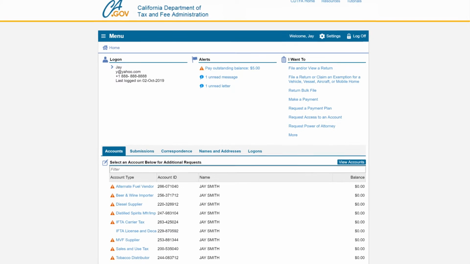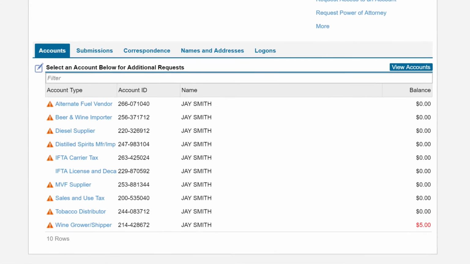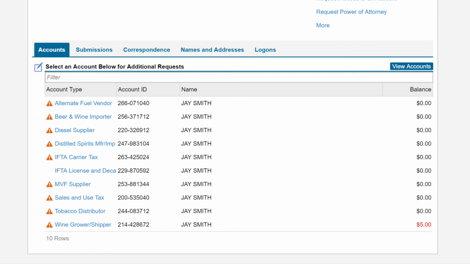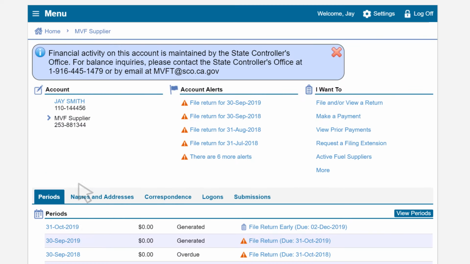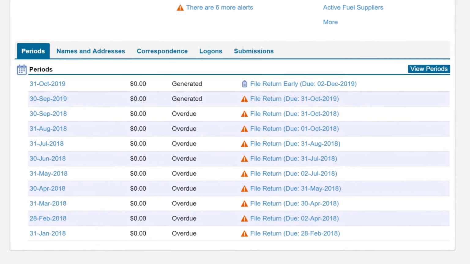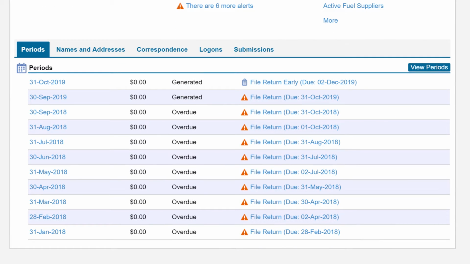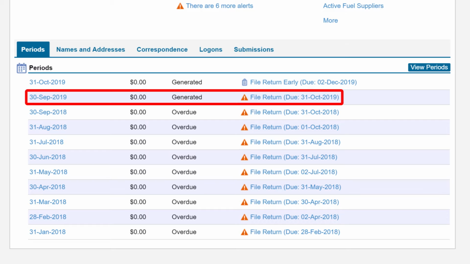On the Online Services Profile page, under the Accounts tab, we will click on the MVF supplier hyperlink next to the account number for which you want to file a return. This will take us to the Supplier Motor Vehicle Fuel Account page. Under the Periods tab, click on the return period for which you would like to file. In our example, we will file for the September 2019 period, which is displayed by its return end date of